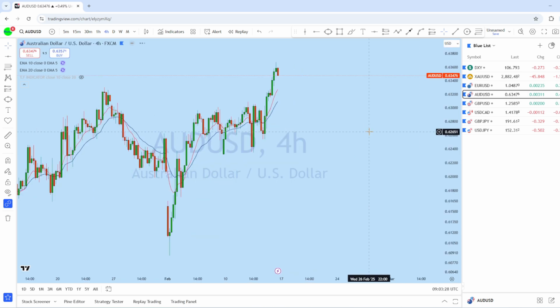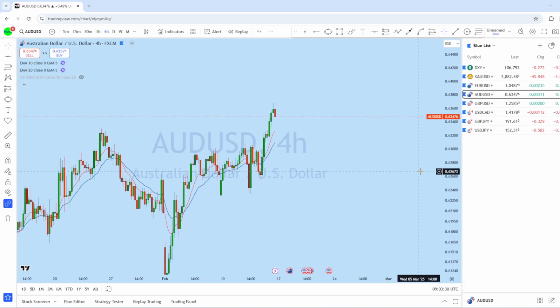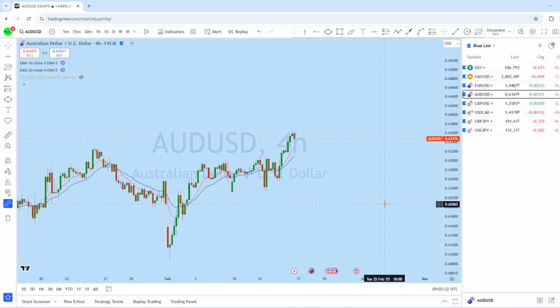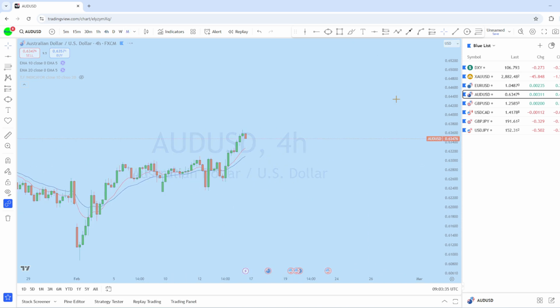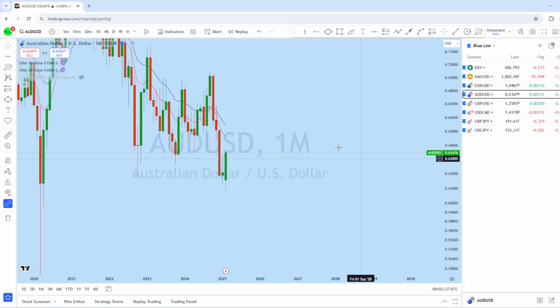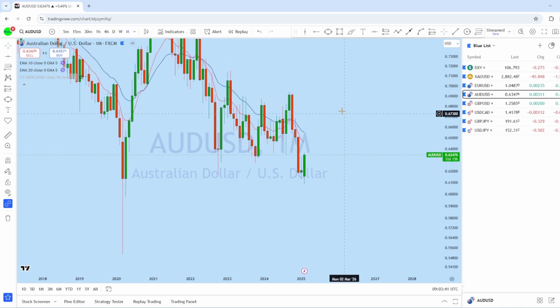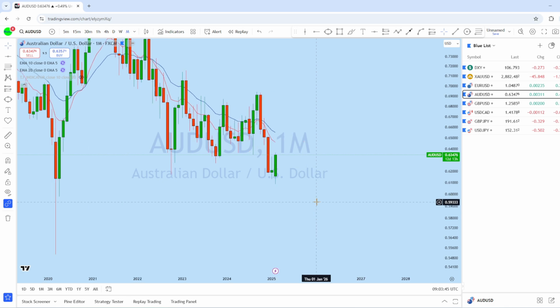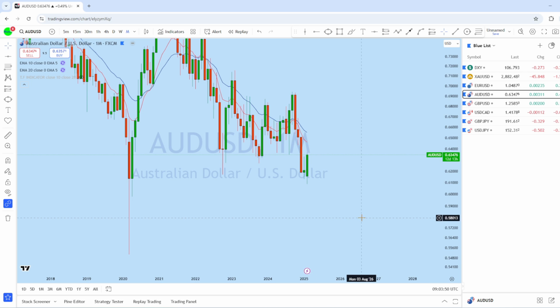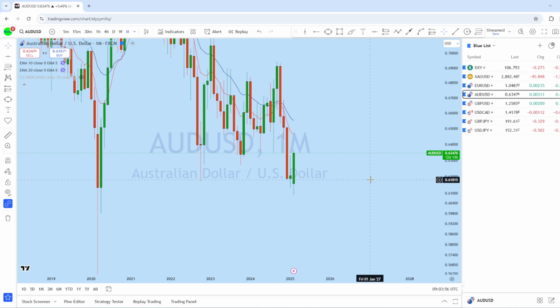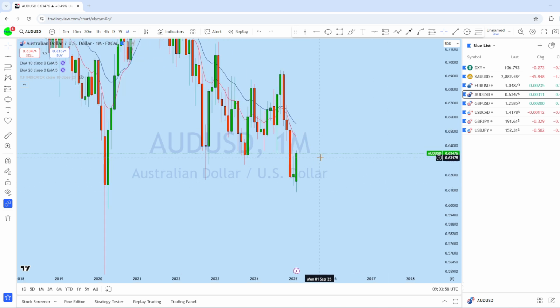Now let's look at AUD USD. Let's see what kind of trading opportunity we have in this market, looking at the monthly chart to see the overall picture. Now from the monthly on Aussie dollar, we can see that this is a massive drop here. As you know, the upcoming week is a pretty volatile one for AUD USD, as there is also quite a few high impact news at the beginning of the week. So let's see what kind of opportunity we might have in this market.